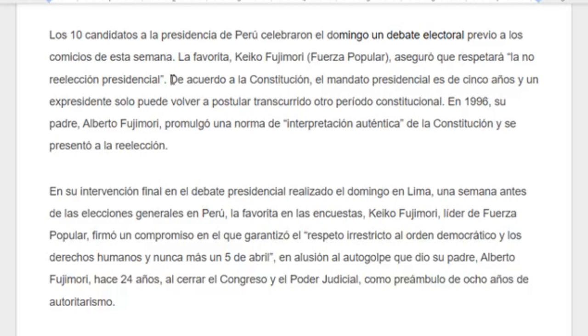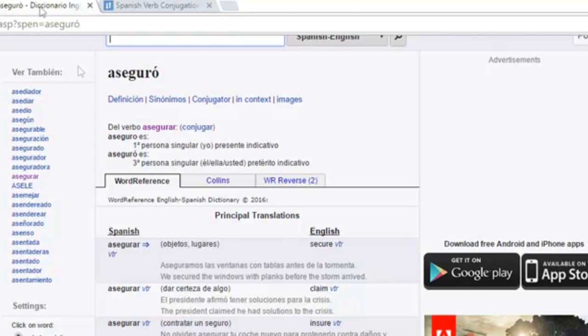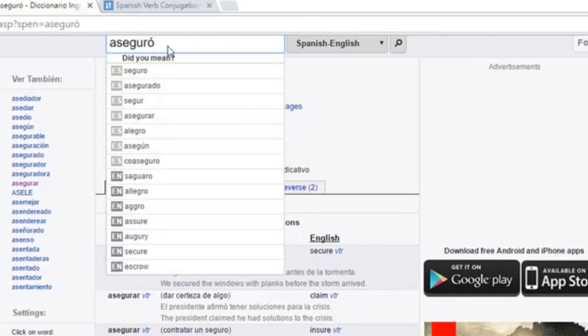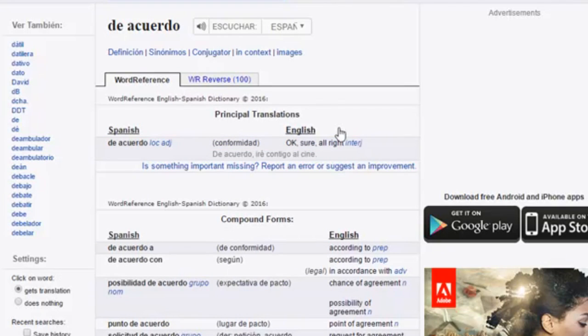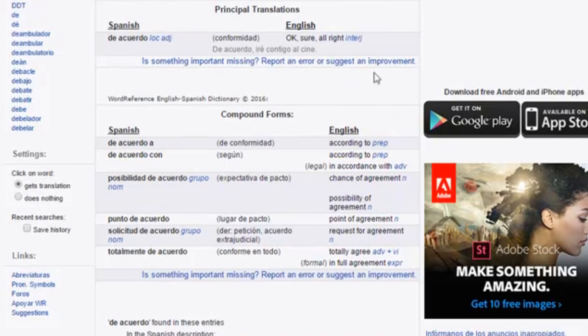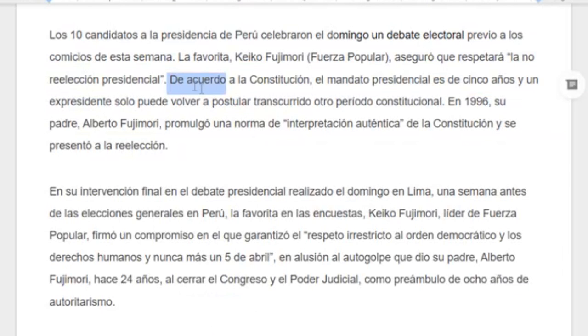Then continuing on here, de acuerdo a la Constitución. Now, de acuerdo is a very common phrase. It means according to, basically. So according to the Constitution. If you didn't know that, I'm not sure what it would say in the dictionary. Let's see here. Okay, sure, because if somebody says something and you agree, you could say de acuerdo, but that's not what we're talking about here. According to, so de acuerdo a, I think is what the example was here, de acuerdo a la Constitución, according